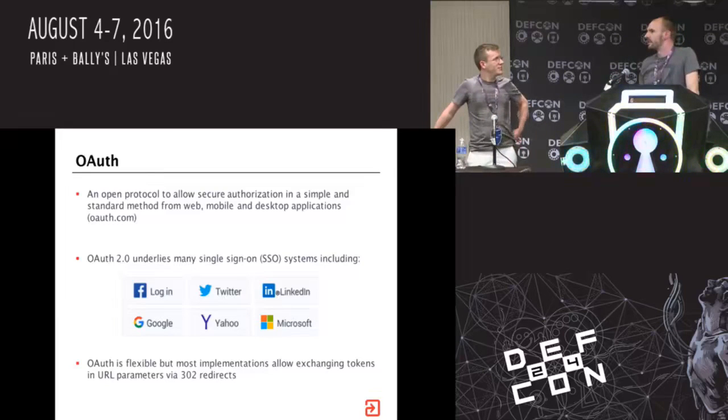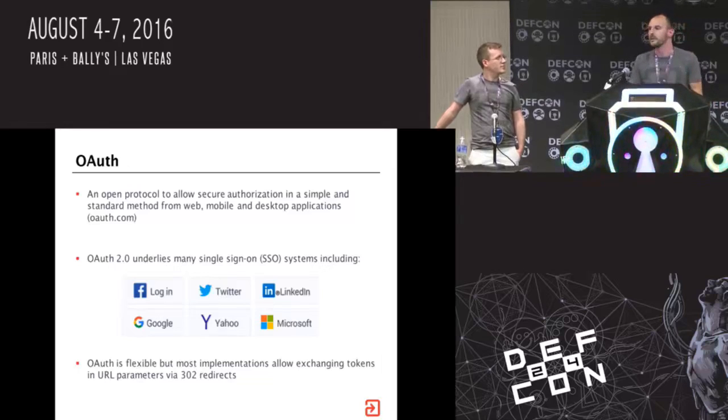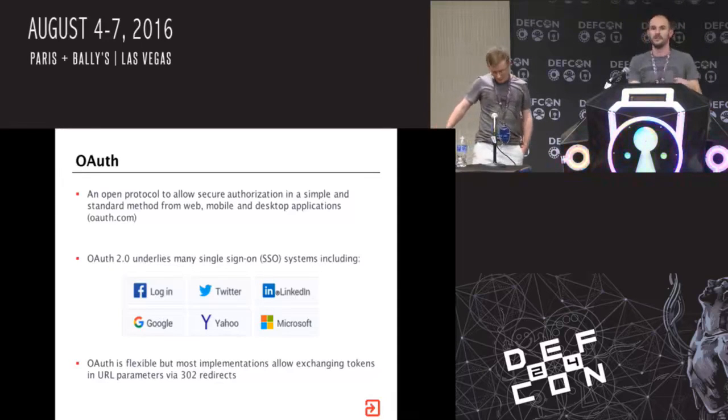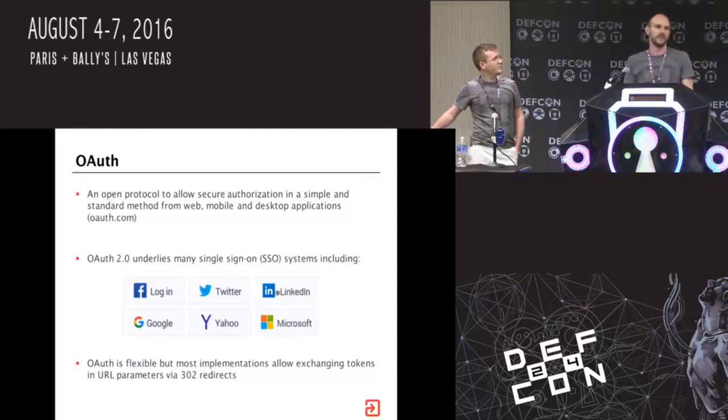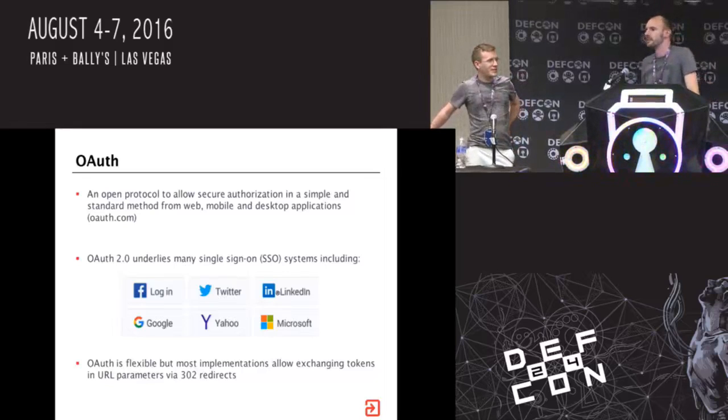And one of the things we were quite interested to look at is OAuth. So OAuth, for those who don't know, is a way of allowing a third party to authenticate users to your website. There are some really big OAuth providers: Facebook seems to be one of the biggest, Twitter, LinkedIn, Google, Yahoo, and Microsoft. These services allow websites to hand off the authentication to these central authorities. You would have all seen it: sign in with Facebook, sign in with Google. You just click those buttons. If you're logged into Facebook or Google, automatically you're logged into that site without having to type in your username and password. This is great from a usability perspective. You don't need to remember another set of credentials. It just all works, theoretically anyway.